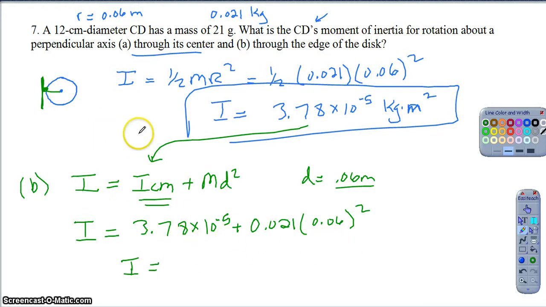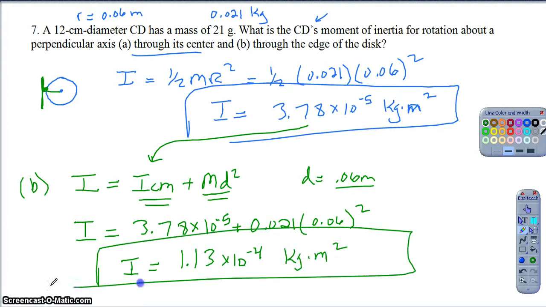So the smallest moment of inertia is always going to be based around that center of mass. Anything that skews from the center of mass is going to have to be bigger because we have to be adding something to it. But anyway, that aside, at this point it's just a calculation game, and when we calculate that, we should end up getting something along the lines of 1.13 times 10 to the negative fourth kilograms times meters squared. So anyway, question 7, much like question 6, taking advantage of our parallel axis theorem